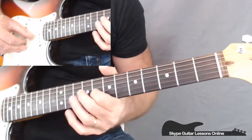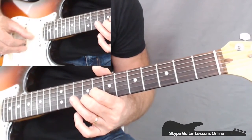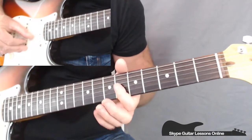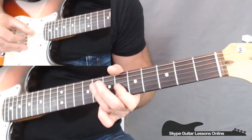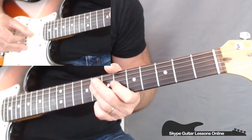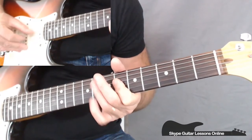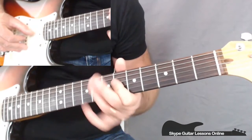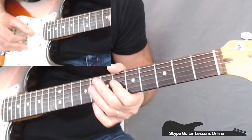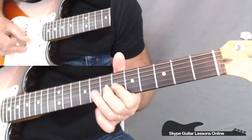Bar 9 starts with a slide from 8 on G and 9 on B to 6 on the G and 7 on the B. Do a double stop on 6th fret on the G and B, cross over to 8th fret on the D and the G string, doing a double stop again, back to 6-6 on D and G, then we got a little quick 6-8 on the same 2 strings, and then we do a 6-8 again. So if I put that together,